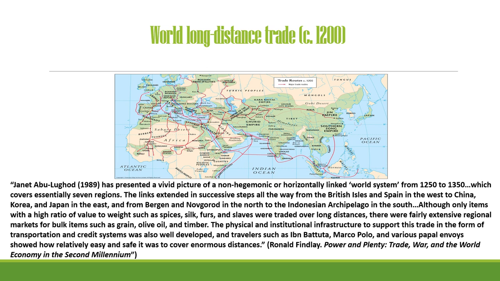So what did we mean when we talked about certain items being traded over long distances, and only such items as spices, silk, furs, and slaves that had what the author here calls a high ratio of value to weight? Well, the point being that it's not cost effective to take products that weigh a great deal or have a huge mass to them over long distances, I think, for obvious reasons. So the things that tended to get traded the farthest away, at least some of the time, were things that were highly valuable but fairly small.